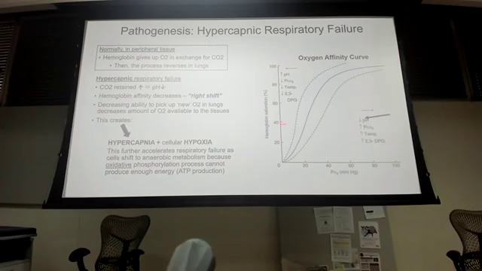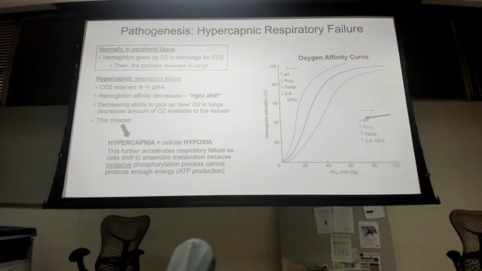With that right shift, there's a decreased ability to pick up new O2 in the lungs because the hemoglobin is saying I don't need oxygen, the pH is low. It decreases the amount of O2 available to tissue over time because it's not picking any up. It holds on to that CO2 because now it doesn't want oxygen, so it's not picking it up when it goes back to the lungs. So we have hypercapnia, which leads to cellular hypoxia, right? Oxygen is not getting to those cells, and then what do they start doing?